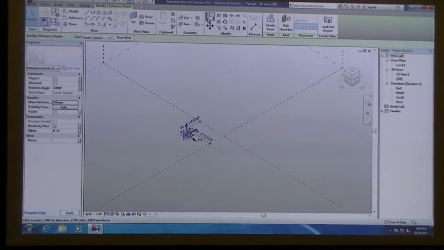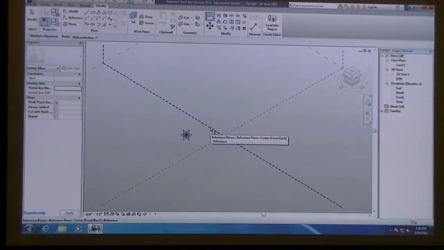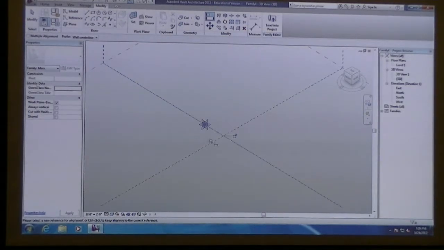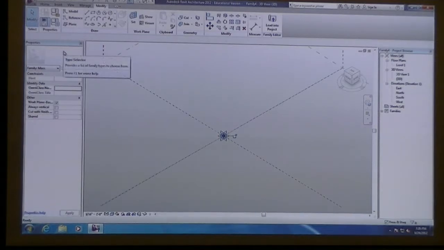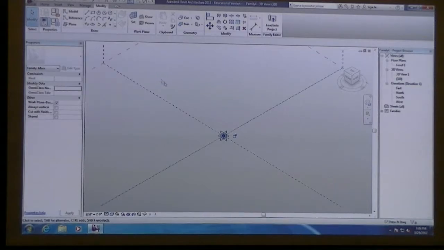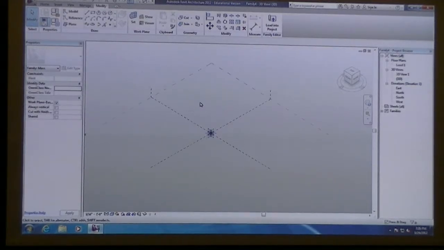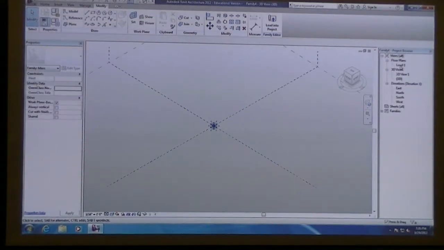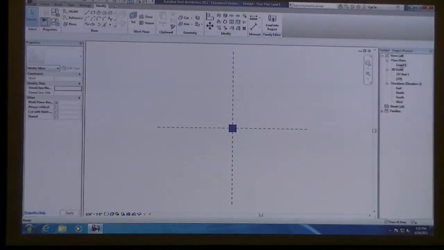And then I'm going to align it to each of these axes so I can get it to the 0, 0, 0 mark, but I'm not going to lock the padlock. This is a new conceptual mass, brand new file. And then the level 1 floor plan, so click on level 1 floor plan.